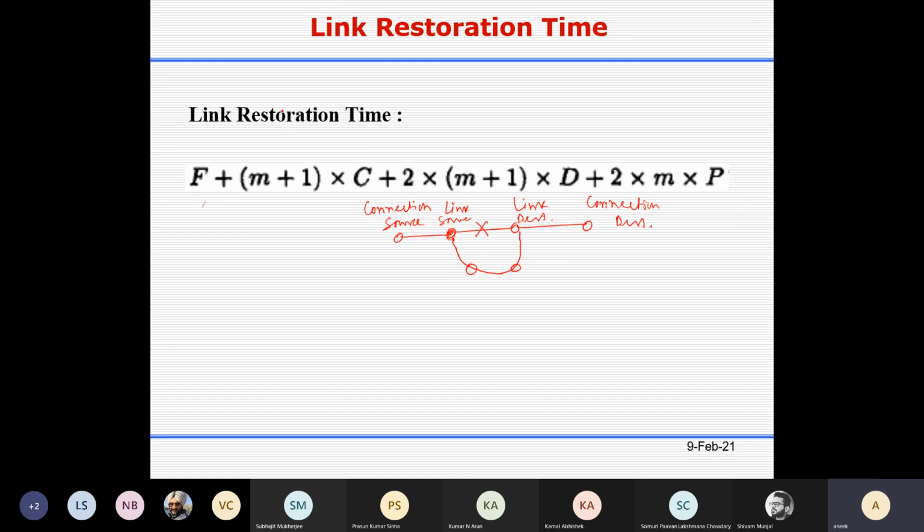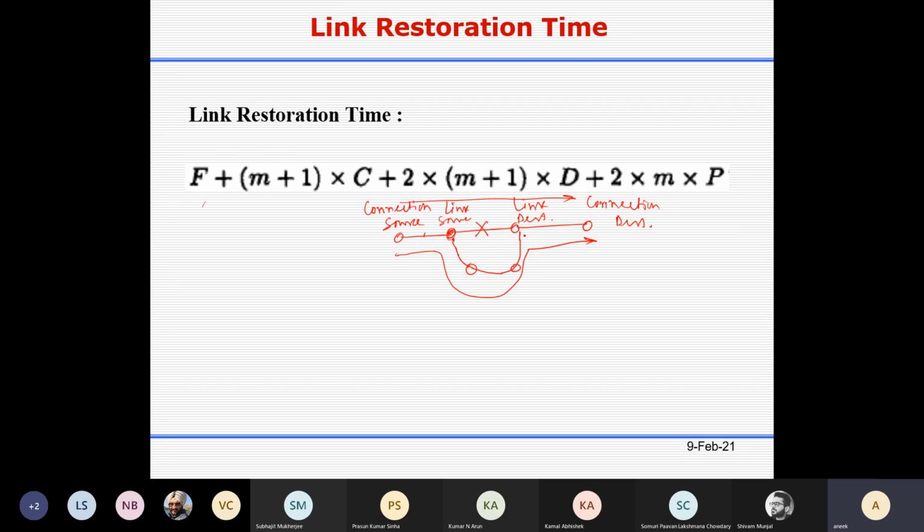Since you are using link restoration, instead of this active path, you try to use this path. The same wavelength you are using here needs to be used now. So it will explore all possible routes. There is no backup route at the beginning, so it will broadcast the message along all possible routes.